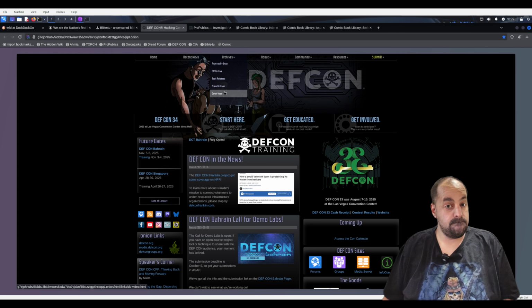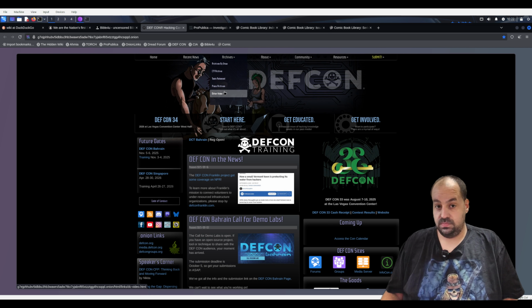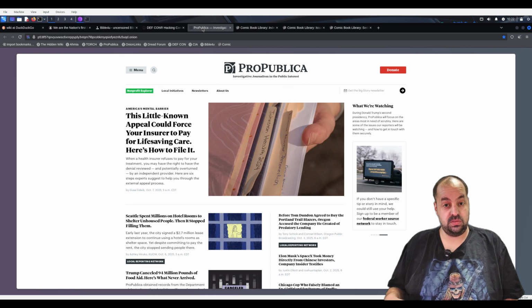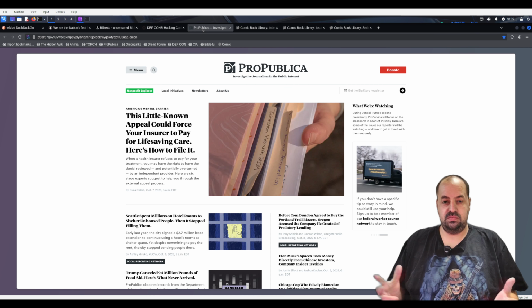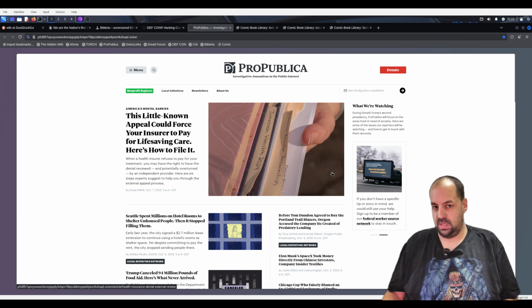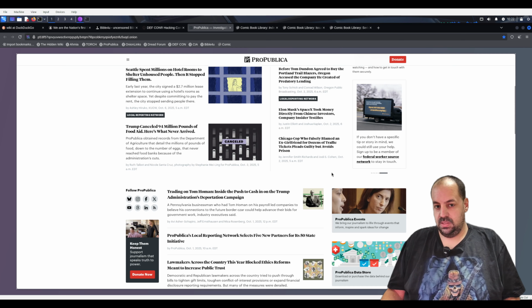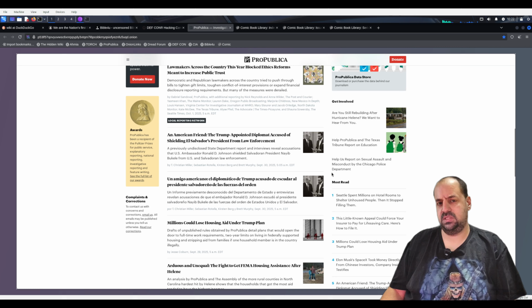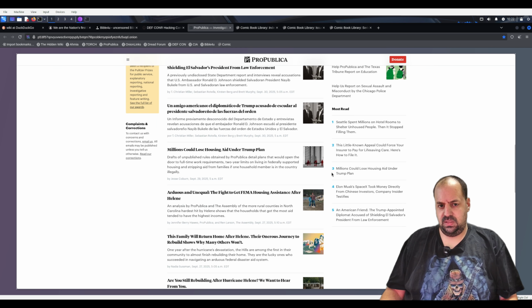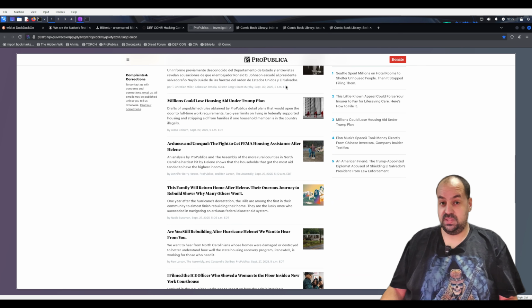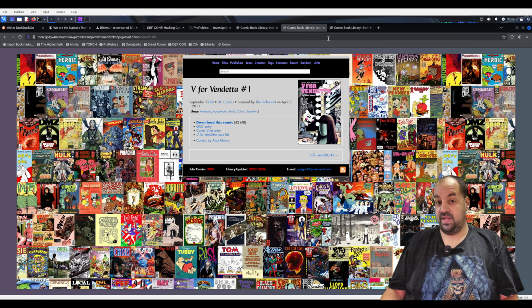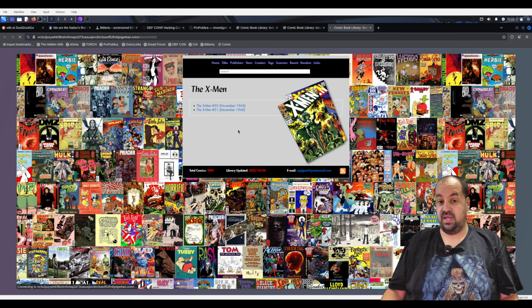And you can find news, not government news, but more free news that you can go and search. I don't know, I don't want to get political and stuff like that, but you can search the page and find news that you want to see, and you can see comic books, V for Vendetta, X-Men,